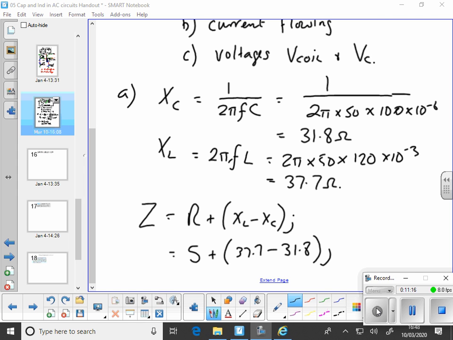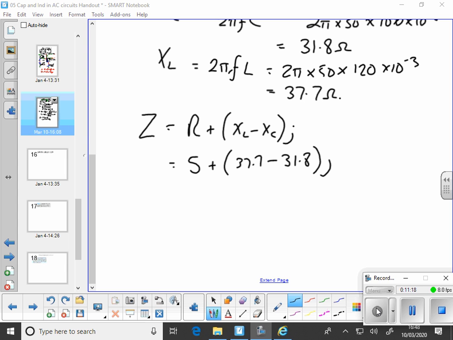Okay. We don't need to do that subtraction in there. You can just enter that in as a calculation in the conversion. Convert to polar equals what? 7.73 angle